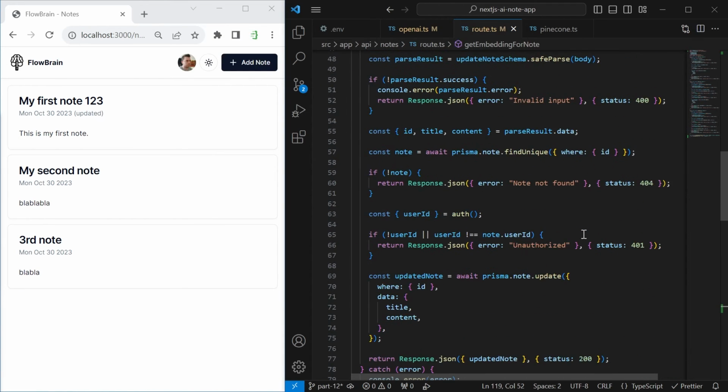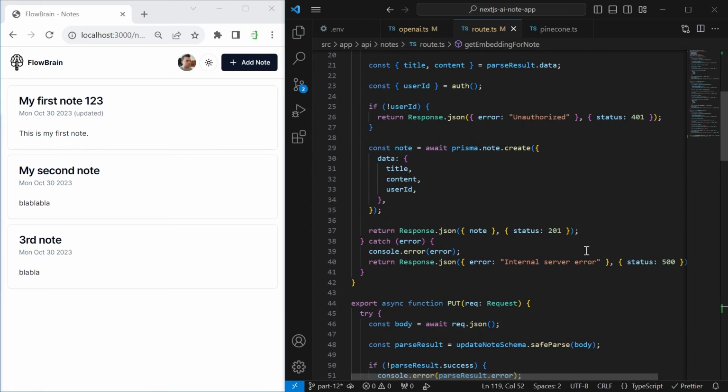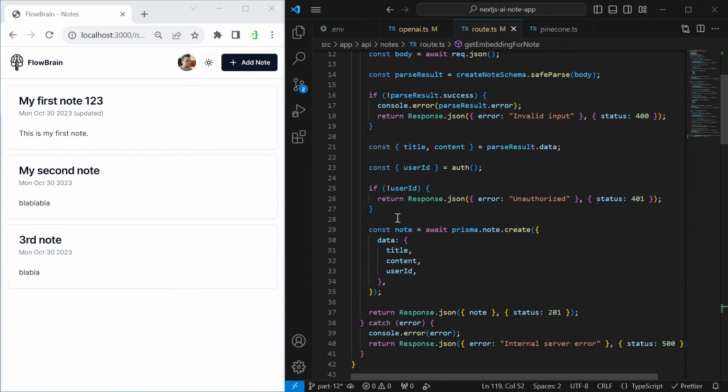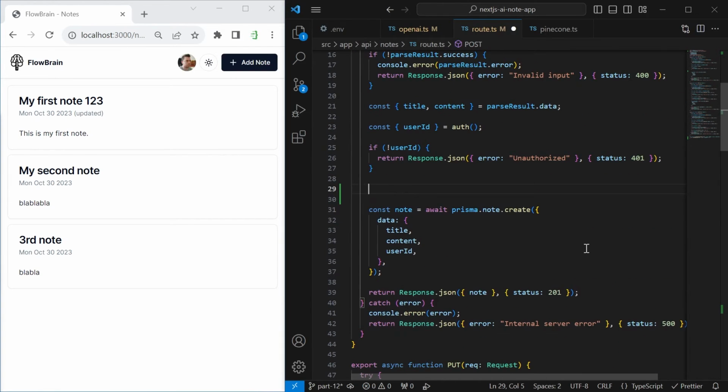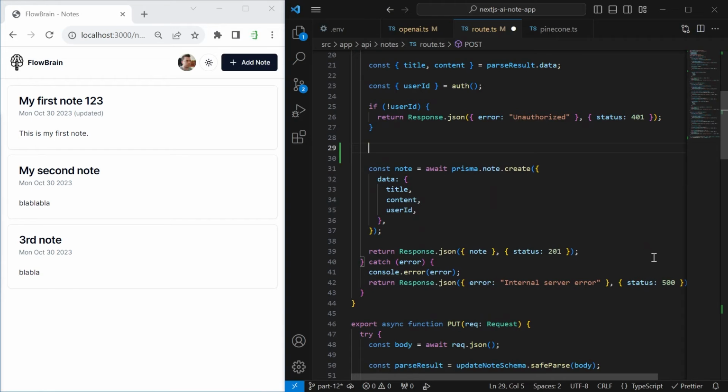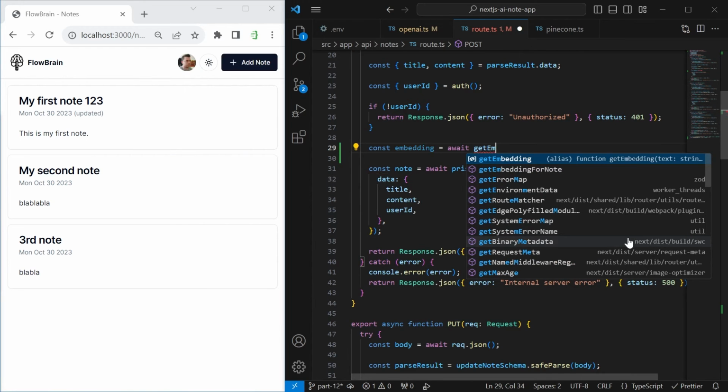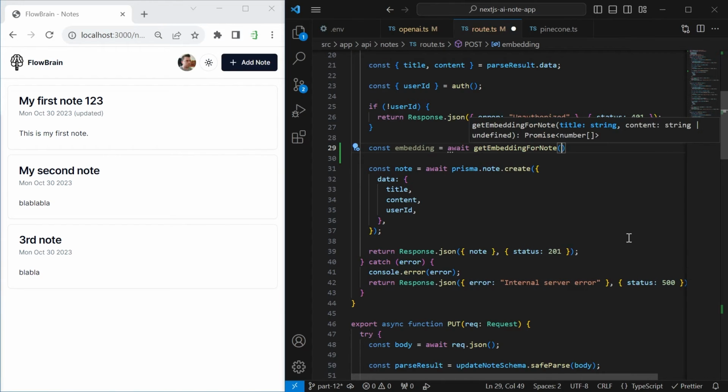Okay, then we go to the post handler. Right before we create our node, we also want to generate the embedding. So above node.create, we create a const embedding, and we call and await getEmbeddingForNode, to which we pass the title and the content. This creates this embedding. And now we want to store this in our Pinecone database so that we can later